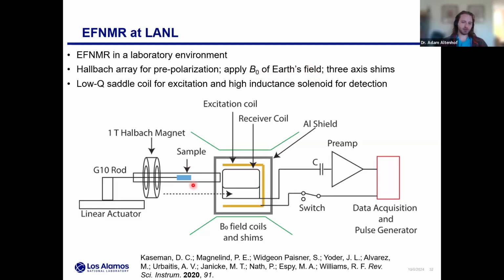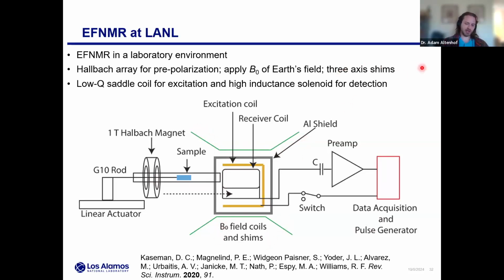So how this experiment works for us: we take a sample, which is quite nice. It's just a standard 5 millimeter NMR tube. The only special thing is we tend to degas it, get rid of paramagnetic oxygen to keep the line width sharp. We load this in this G10 rod, this fiber rod, that's being held by this motor, this linear actuator. And this is going to be very rapidly shuttled to this 1 Tesla magnet for prepolarization. Earth's field, 50 microtesla, is going to give you very poor thermal polarization, so it's basically necessary to prepolarize. The motor rapidly shuttles it into this detection area where, again, we have our Helmholtz coil with B naught at Earth's field.